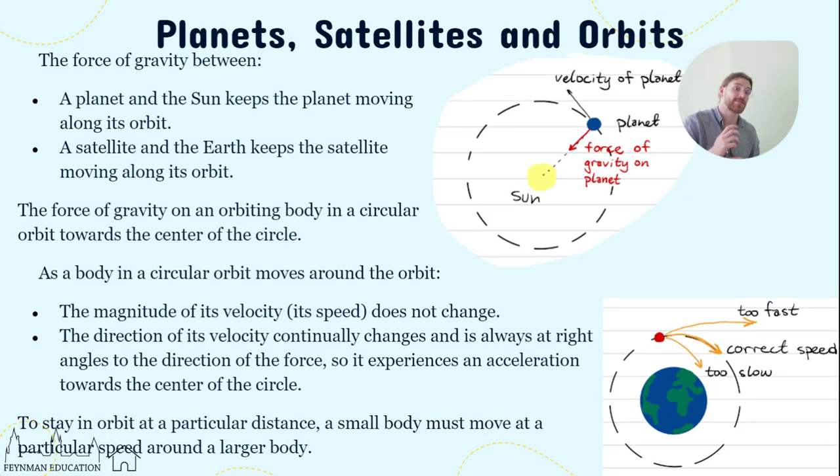Okay, so now let's take it down to scale. Okay, so now we're going to be looking at planets, satellites, and orbits. Okay, so the force of gravity between a planet and a sun keeps the planet moving along an orbit. Okay, the force of gravity between a satellite and a planet keeps the satellite moving around its orbit. Okay, I say now a satellite and a planet